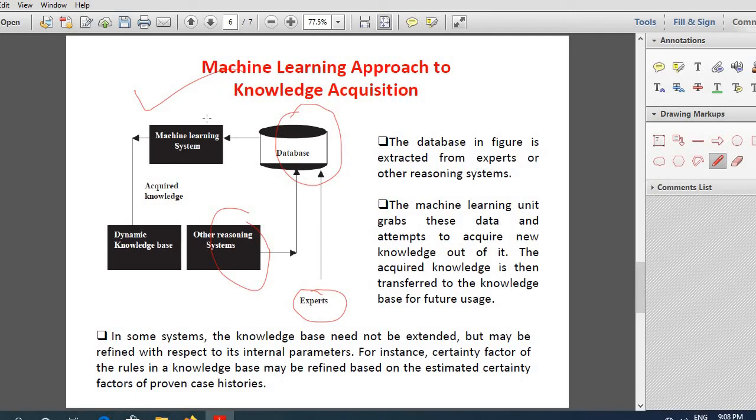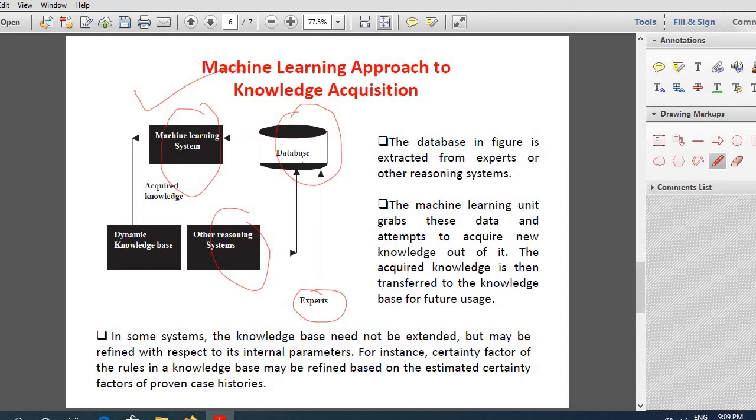Now, what does the machine learning system do? It can be any machine learning system that can learn. It makes use of the database to learn the knowledge in the database and also tries to find out some new information from it. It learns the already existing database and tries to find some correlations between the data.